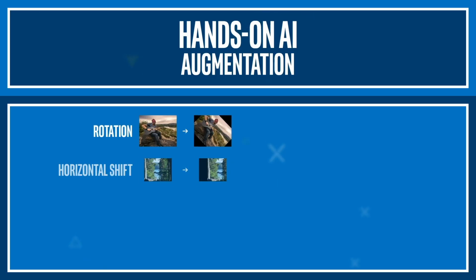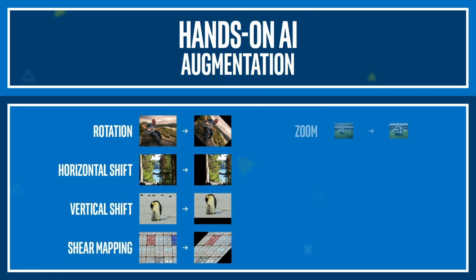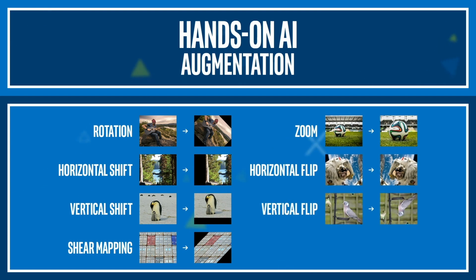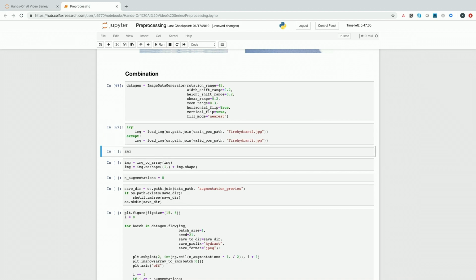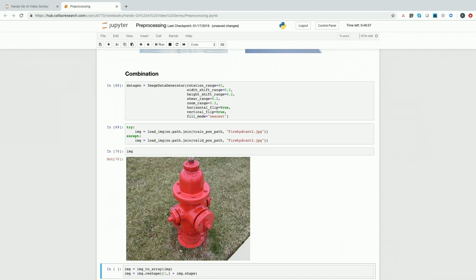In the third episode, we went over augmentation. Data augmentation is important so that our model can take our training dataset and apply it to real-world scenarios. Finally, we showed how these different augmentation techniques are implemented in Keras, our framework of choice for this Hands-on AI series. Feel free to download the Jupyter Notebook so that you can use them in your own projects.